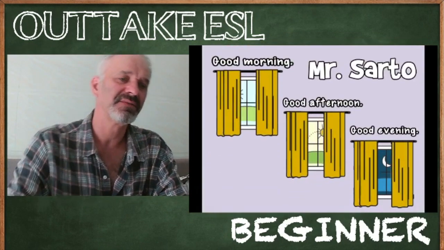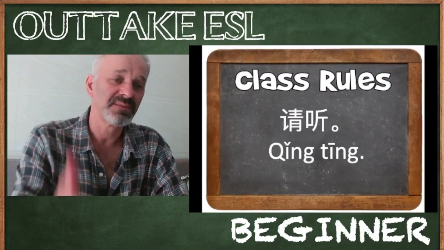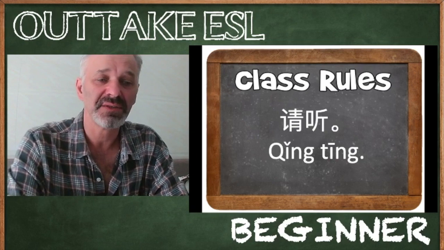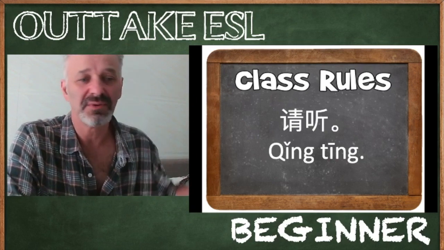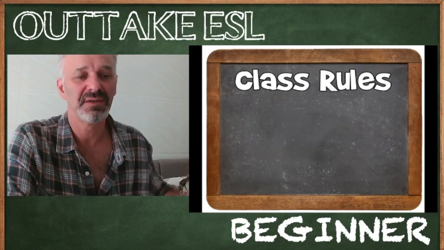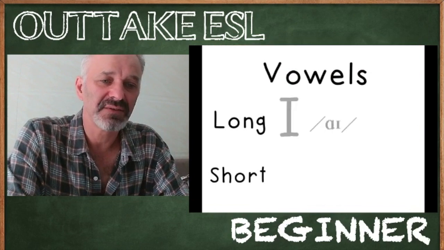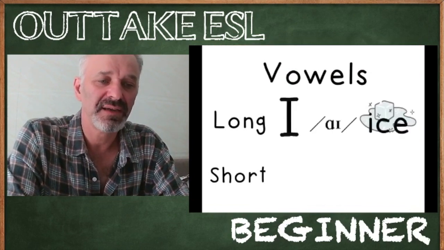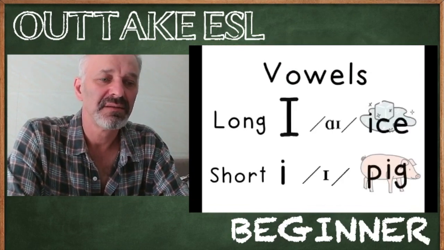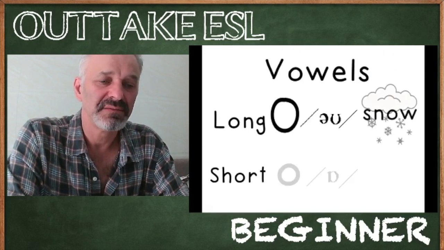So I begin a class in the same way I begin every class. Here I did the rules. Here I'm just giving you the Chinese now, and maybe I'll just do 2 rules. Okay, what's this rule? Please listen, and then we'll skip through. All right, what's this rule here? Speak English. Looking at the vowels again, review, I and I, O and A,